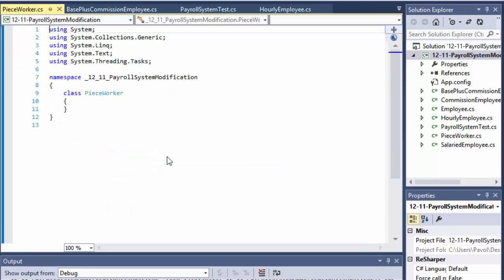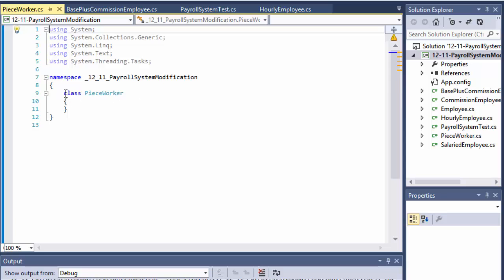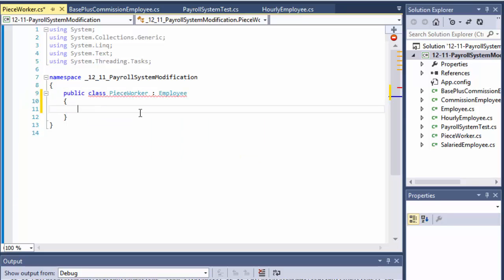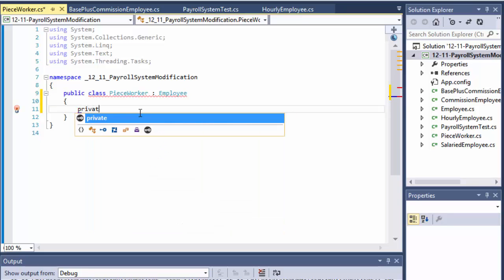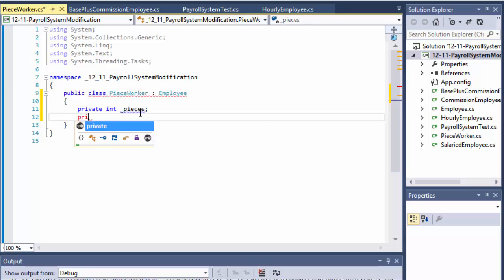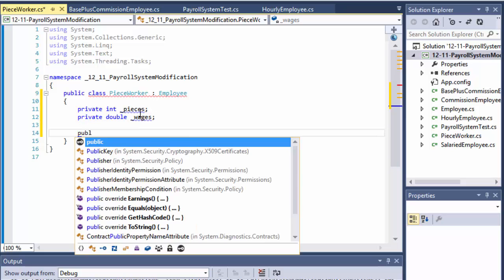Now this one is its own, I'll make it public, and it will inherit from the base class, which is the employee. And they want us to have a few private variables. One of them was the pieces that this worker made or produced. So I'll create integer pieces. Private, it's going to be double wages. So now the constructor itself,